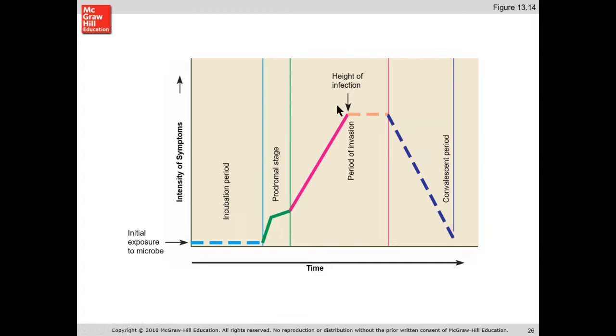And then we have this period of fast invasion where the microbe is spreading throughout the body and you're going to be feeling the worst. By now your immune system is really kicked up and you're feeling the symptoms from the microbe and from your immune system as it's fighting it. And then they will have the microbes under control and being defeated, and then you will be going through the convalescent period. And that can just be extreme tiredness,